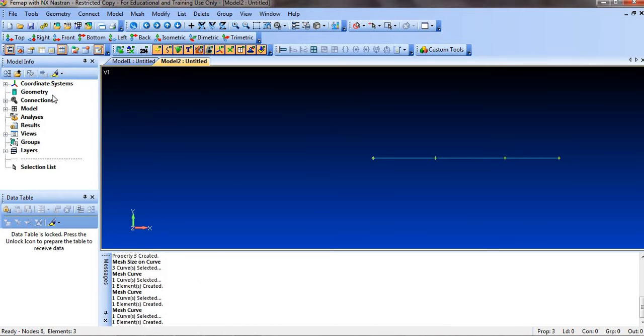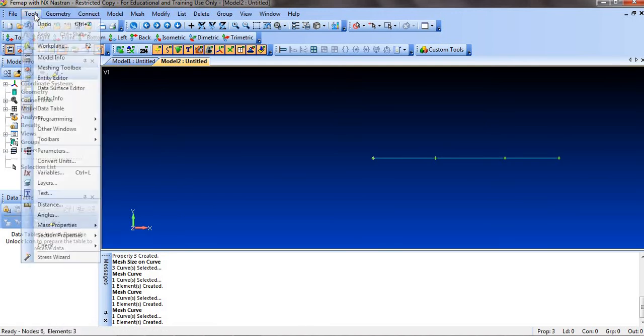So next, after doing this, you have to do the nodes. As you know, node 2 and node 3 and node 4 and node 5 are at the same point. So you have to merge the nodes now. Before applying the loads, you have to merge the coincident entities. Okay, so how to do that?